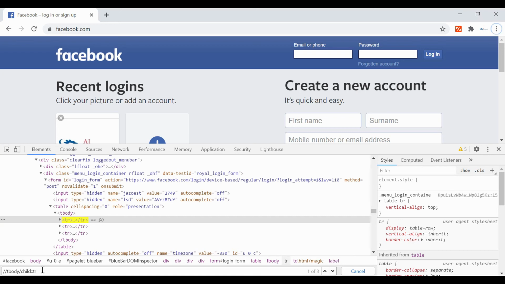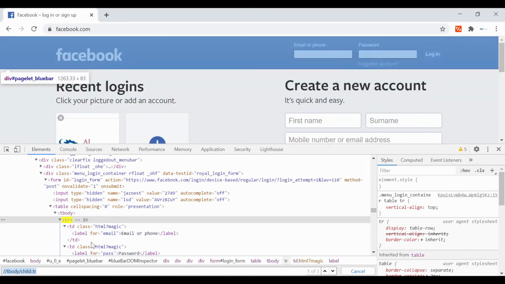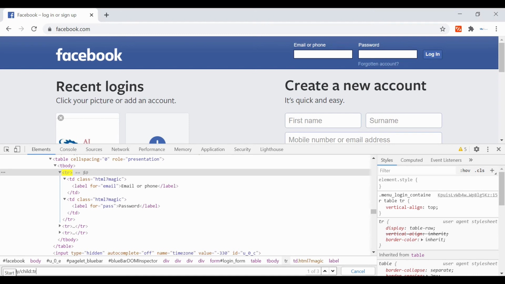Sometimes it happens that we can easily identify the parent, but for the child we don't have any attribute available which can identify that child. So you can make use of the parent. Identify the parent uniquely, and then just use child and provide the tag. You can keep on using this until we get this parent, which will be considered as a whole parent, and you can go to the TD using the same function.